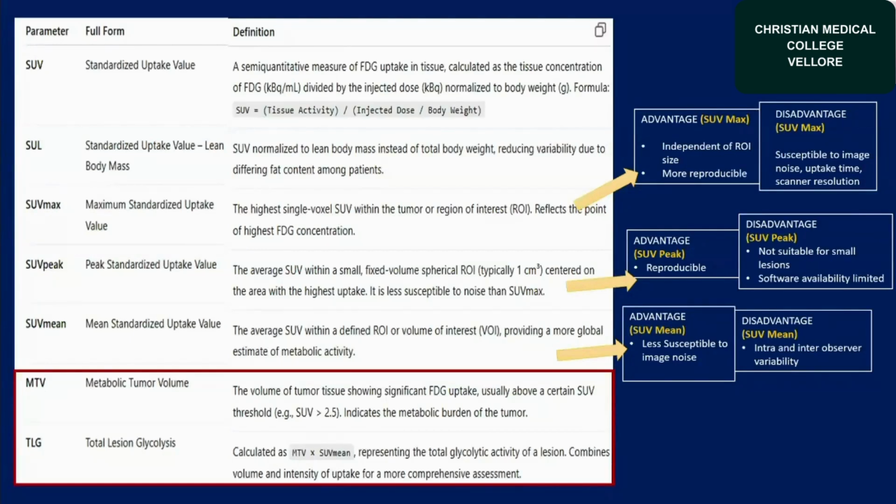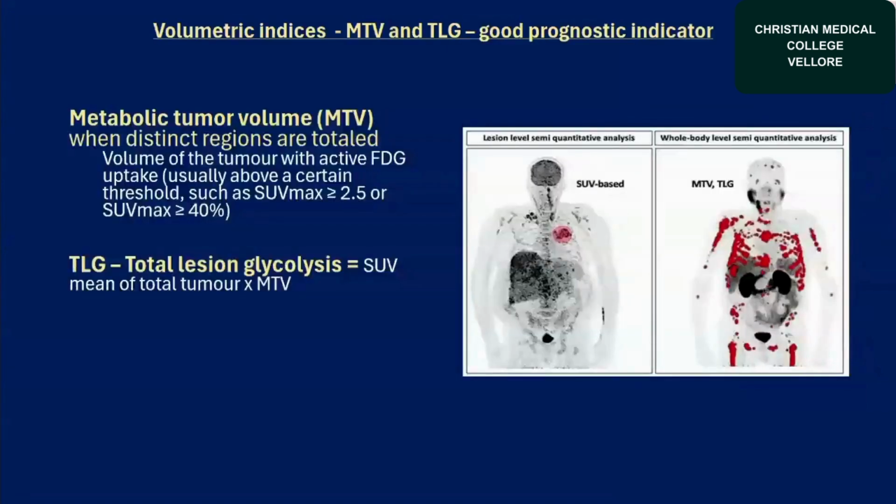So as prognostic indicators, MTV and TLG are far better. There are many studies that have shown that they predict or prognosticate much better than SUV max. This is just to show, it's not lymphoma, how MTV and TLG are representative within the image. The total volume where FDG uptake is high, where SUV max is more than 2.5, is given as MTV,